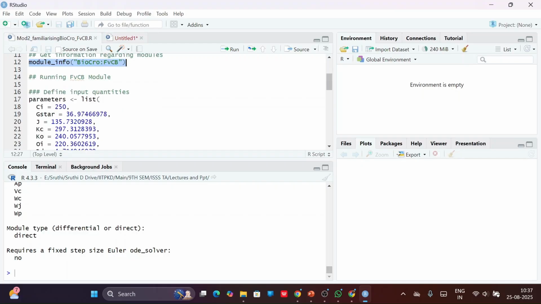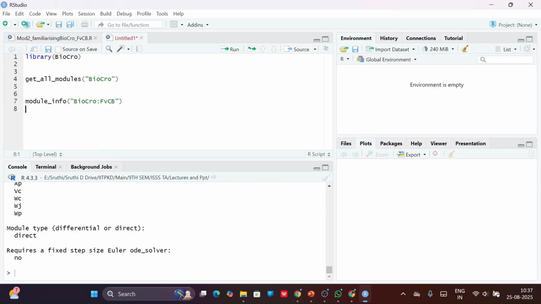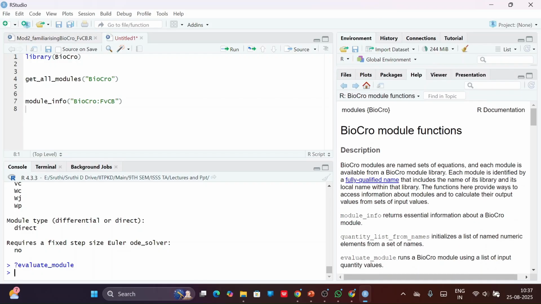Running the FvCB module is done using the function evaluate module. If you don't know what arguments are required in this evaluate module function, we just put a question mark and the function that we require to run. So when you run this, on the right hand side you will find